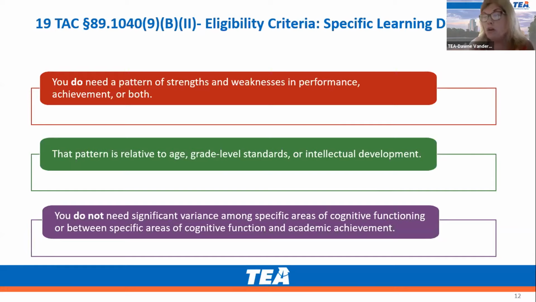Again, evaluation teams and ARD committees must use all the data and information on a student to make informed decisions that are supported by that data. No single piece of data is more important than others. The unintended consequence of that previous piece of code that has now been eliminated was that cognitive scores obtained in a one-time testing situation were more important to the determination of SLD than the other sources of data that were accumulated, particularly academic achievement and performance data. Let's look at the next slide.